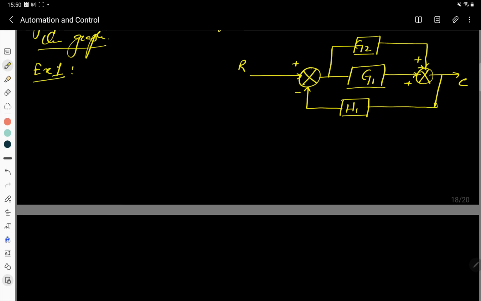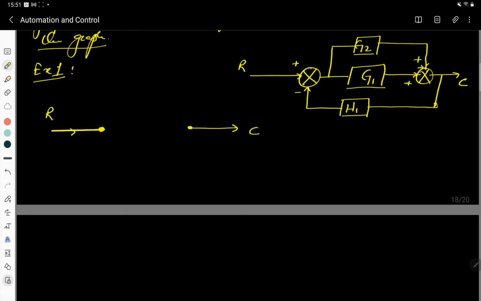So we have considered this block diagram and we need to determine its transmittance. First of all, let's convert this block diagram into its signal flow representation. So let's draw it. This is the input coming over here, denoted by R, and no transmittance is given over here. This is the node. We have considered the summing point as a node over here, another summing point as a node over here, and this must be the output, C.